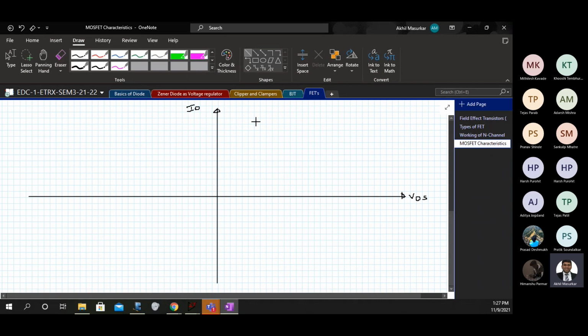The characteristics are shown for NMOS in the first quadrant, and in the third quadrant for a PMOS.